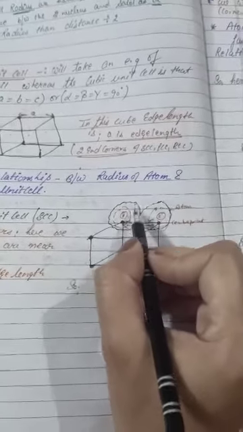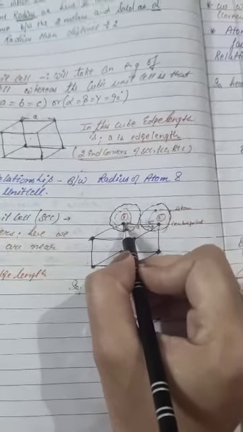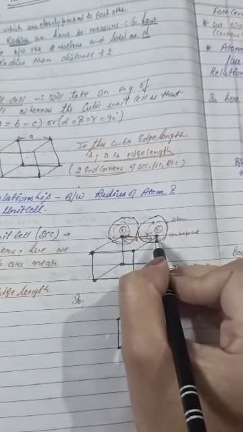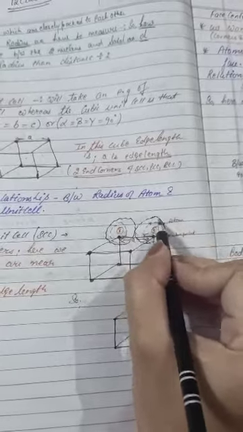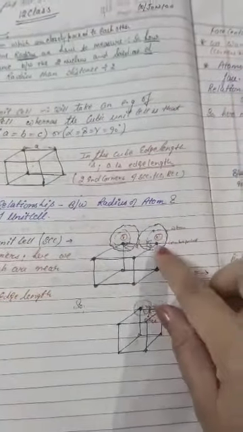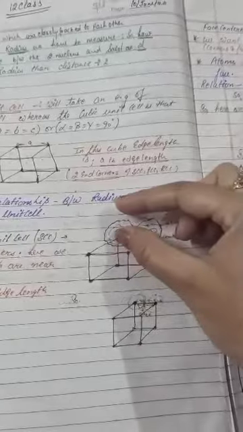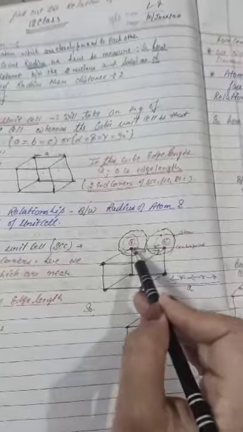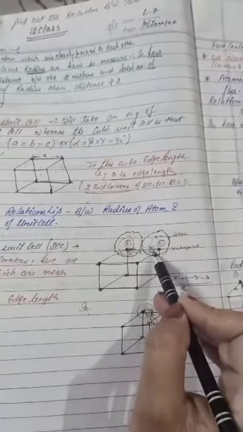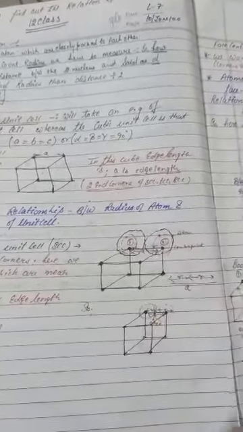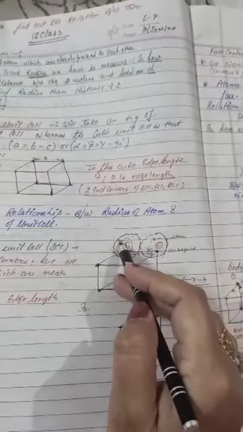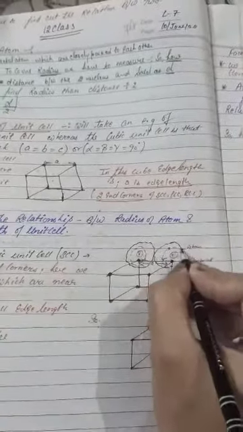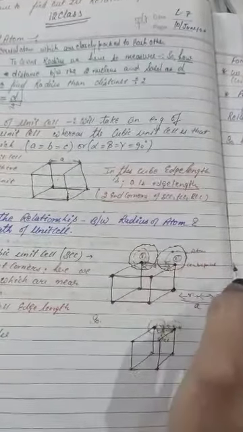Now if we take this one corner, the electrons are moved till here. We take this one corner and the electrons are moving on this side. On this corner the electrons are moving here, and in this corner the electrons are moving here. So half of it we can say is the radius, and the full we can say is the edge length. Okay, so this is the atom and this is also an atom. And the middle one we can say is the center point.